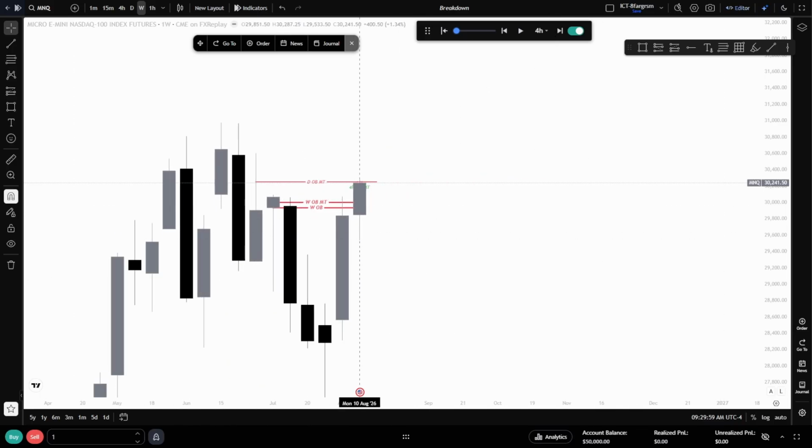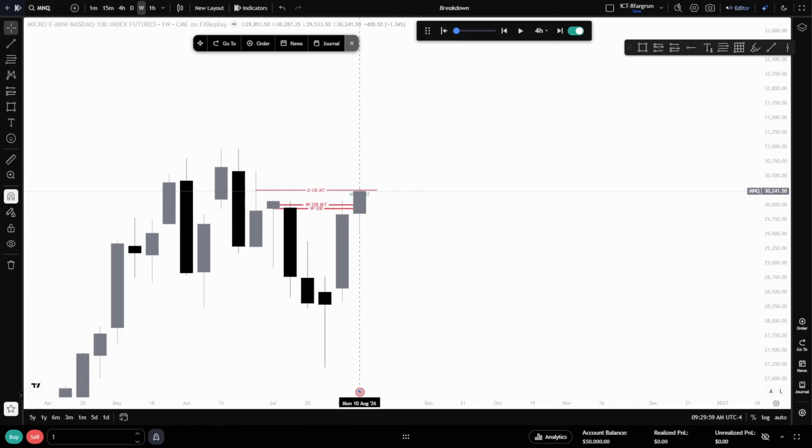Let's start off with the weekly time frame. I'm gonna give y'all some narrative. This is a setup I took on Friday. So, this is longs on MNQ futures with the weekly time frame. Last week we traded into this weekly order block, both the OB and the OB main threshold level, so we got a decent reaction off of those.